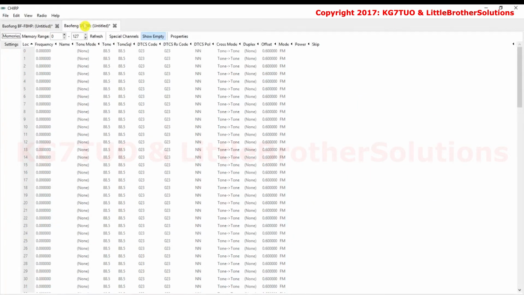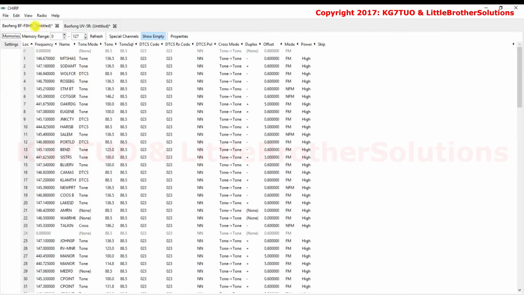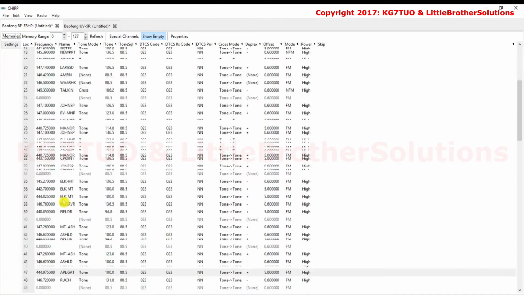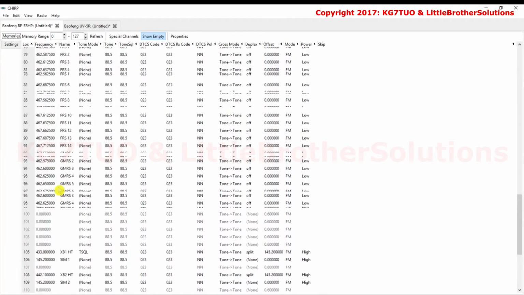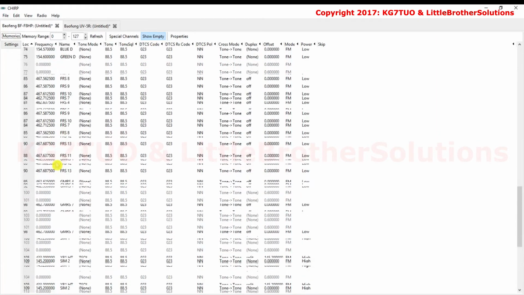Now you can copy just one line, several lines, or all of the lines in the data and paste them into the image you're building, as long as you don't exceed the number of memory locations available in that radio. This one had 127. However, 0 is also an available memory, so there's actually 128. Now the Baofeng BF-F8HP also has exactly 128 memories. And you'll notice some of these are empty in here. But it goes down to 127 and started at 0.